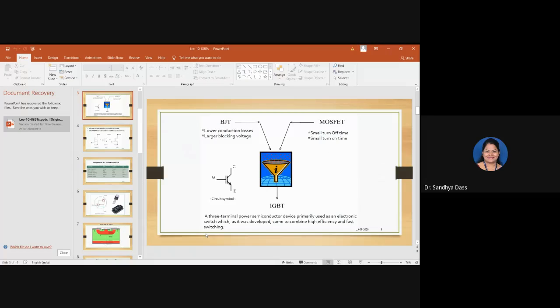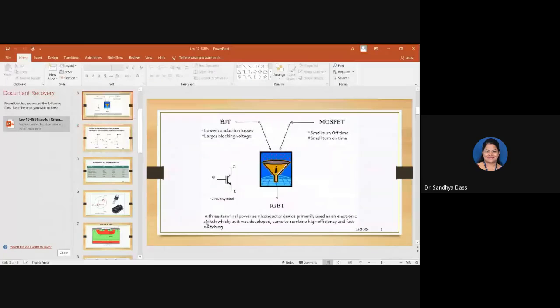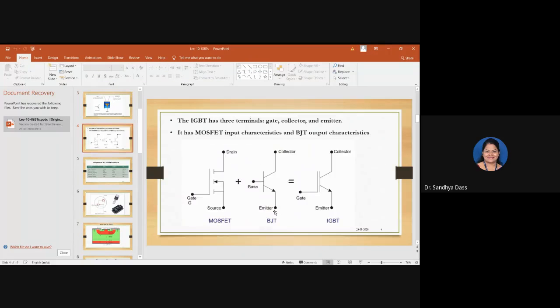Okay, yes, all right. So I'll give a glimpse there. IGBT is a device taking the important characteristics of MOSFET and BJT and overcoming the limitations of MOSFET and BJT. If you are building up a new device, then what you end up with is your IGBT. So the internal structure of IGBT also depends on the internal structure of MOSFET and BJT.